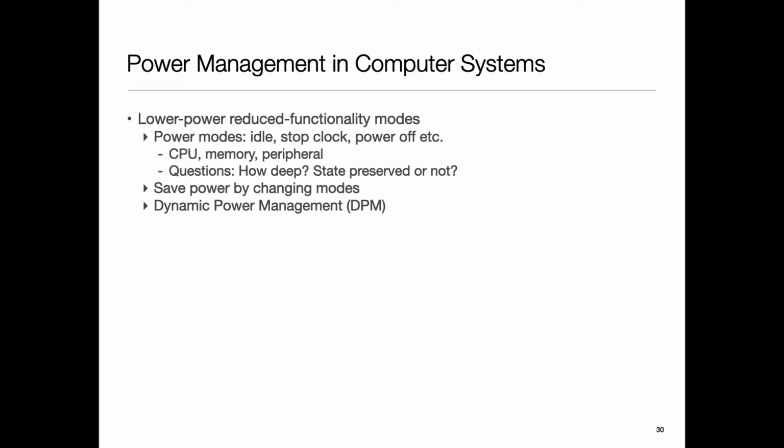And they may range from idling the system to stopping the clock to powering off all the way, and so on and so forth. And some entity, some runtime monitor, either the application or the operating system or some piece of hardware logic, has to decide how to transition between these states, right? So it kind of monitors what the overall context is, and based upon that, puts things into the right mode. If there's a thermal event happening or something like that, or for example, just trivially speaking, maybe I'll run my system in the low power mode all the time, and then when I detect that the user is going to do something, then I kind of ramp it up, right?